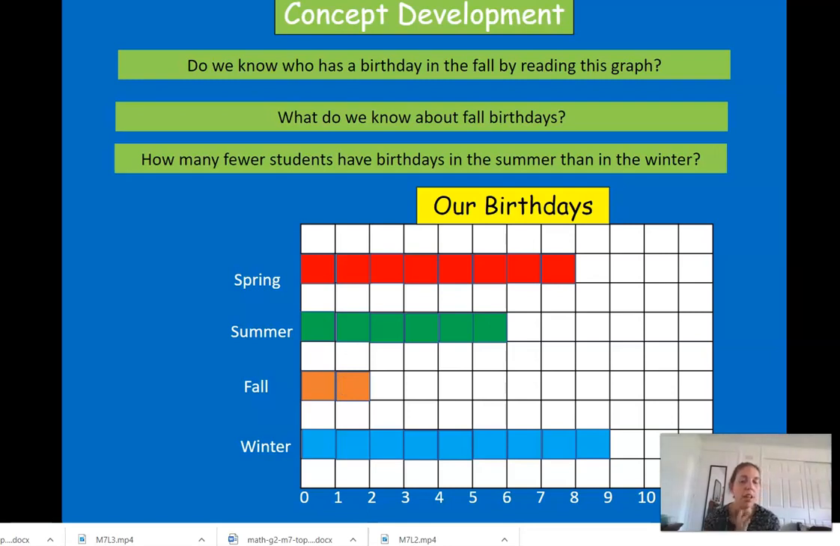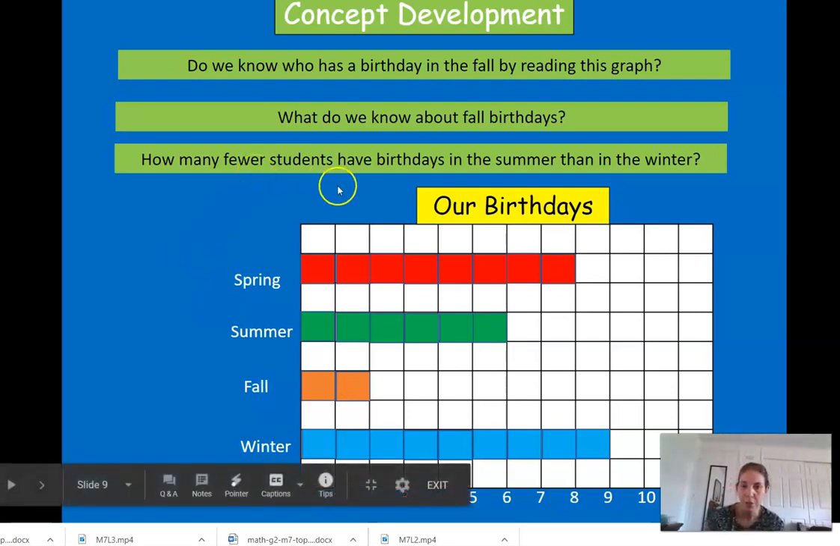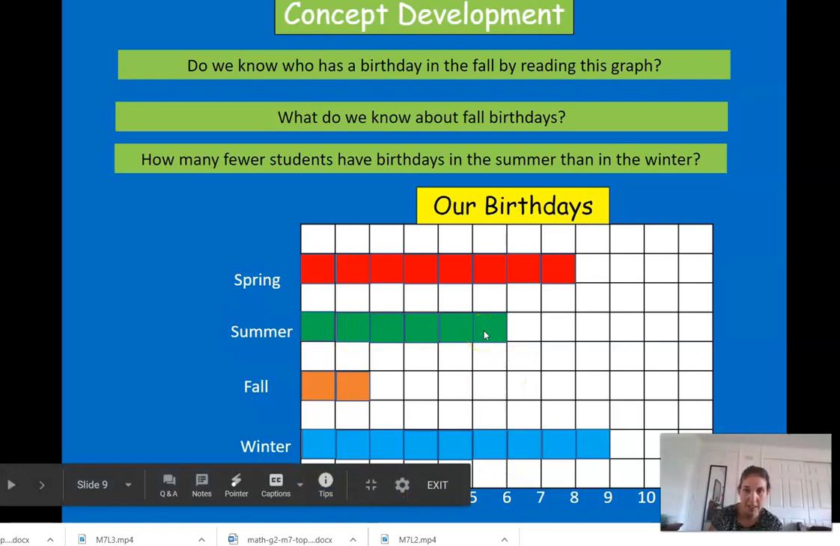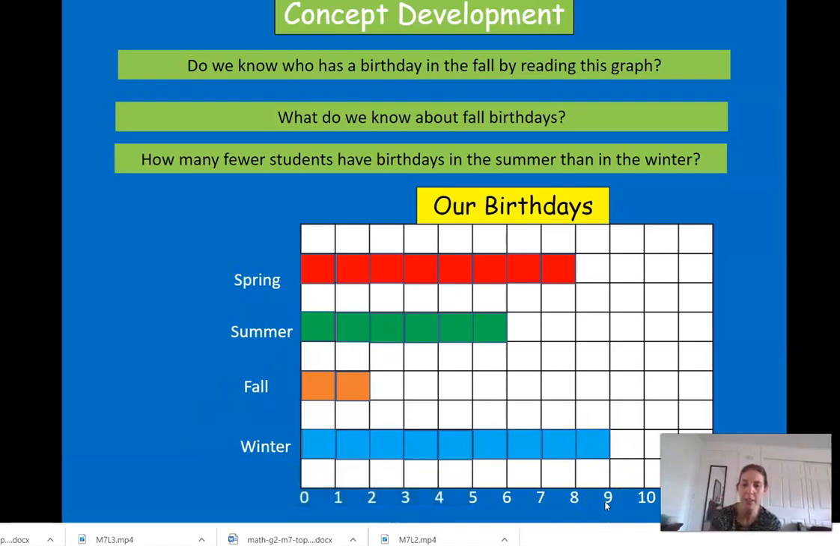Okay. How many fewer students have birthdays in the summer than in the winter? So I see this word fewer, and that gives me a clue that we're going to be subtracting. And then I see the summer and the winter, so we have to subtract those 2. So I'm going to look at summer. We have how many in summer? 6 summer. And how many in the winter? 9. So now we subtract. 9 minus 6 equals